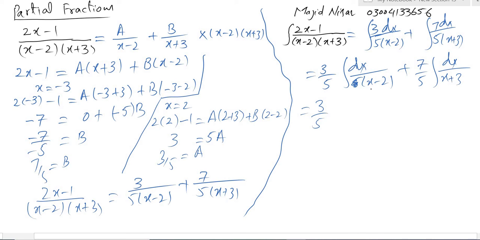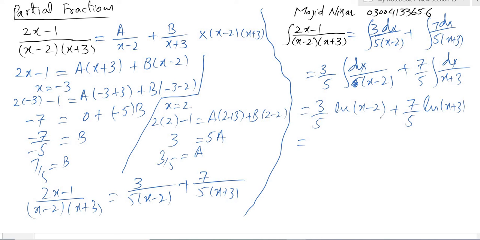So when there is a denominator and we have its derivative in the numerator, we can write that this is equal to the natural log of the denominator, plus similarly 7 over 5 into the natural log of x plus 3. So this is the solution of this integration. We can simplify it, but because I have taken a random question from my mind, it is not looking good in the end.